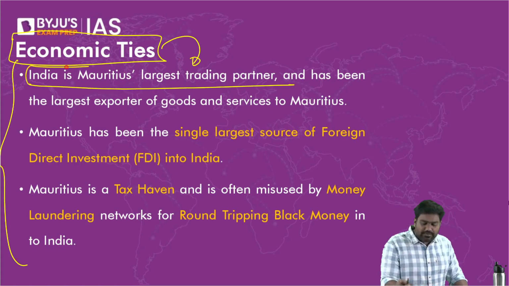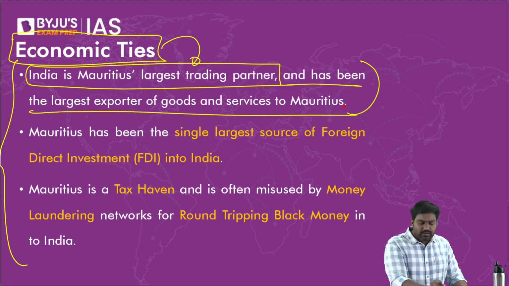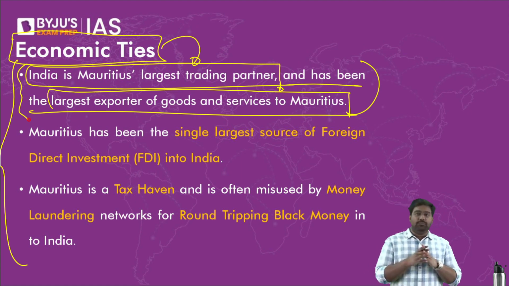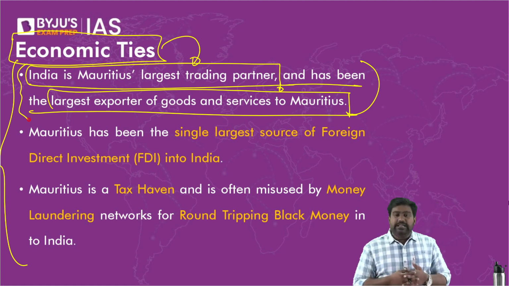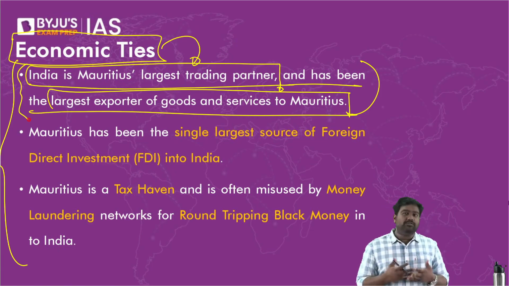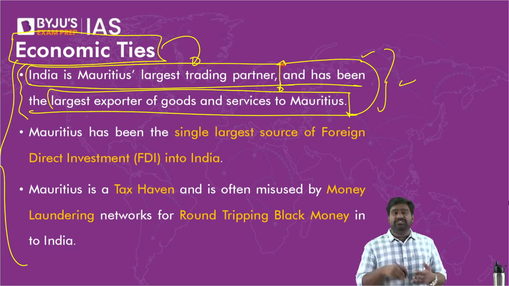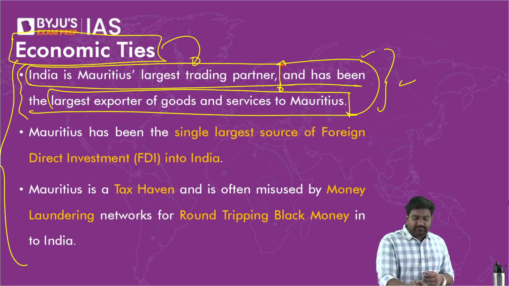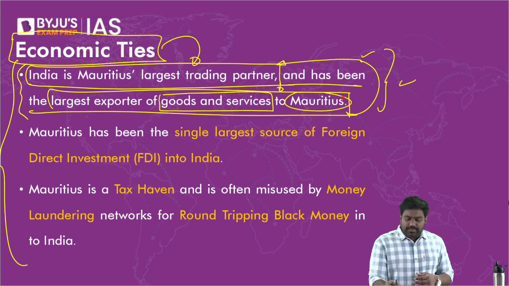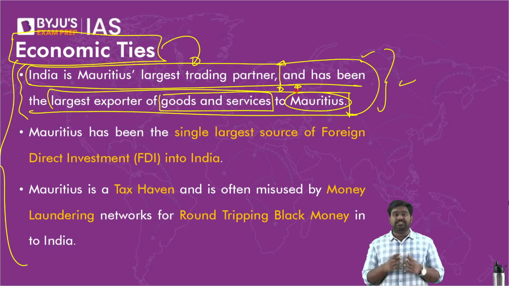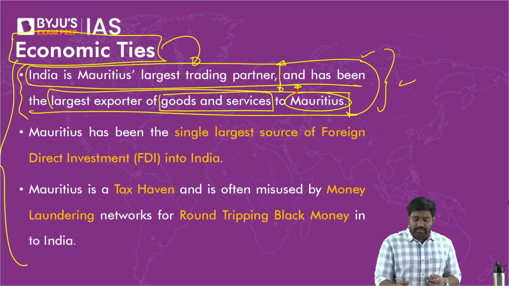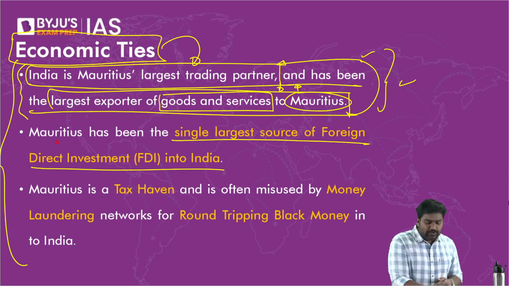India is the largest trading partner for Mauritius, obviously, because we are exporting several key goods and services. As Mauritius has a very small economy, it's a remote island, right? It needs support from the outside. All essential items have to be supplied, like food, fuel, medicines, construction equipment, engineering equipment, spare parts and components. All these key materials, goods and services have to be exported from India. So that makes India the most important trading partner, the largest trading partner for Mauritius. And interestingly, Mauritius, such a small country and economy, has become the single largest source of FDI into India.